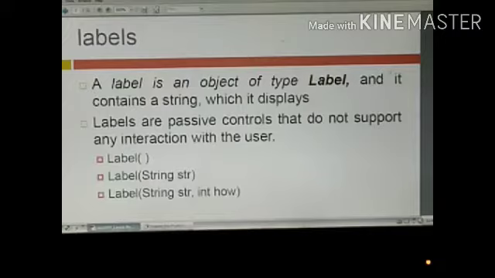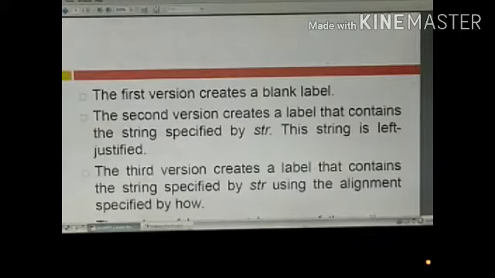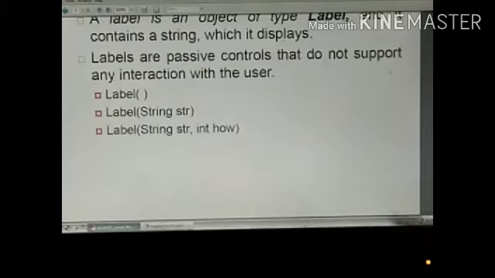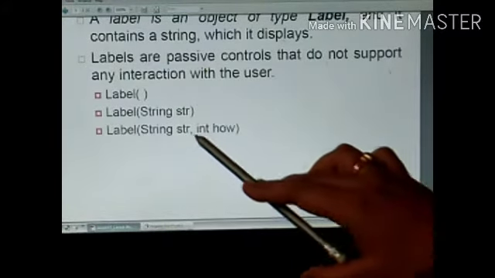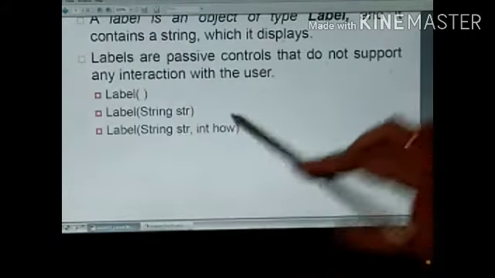So we are not including that here. Let us see one by one. The first version creates a blank label. The second version creates a label that contains a string specified by str. It will be the name of the label or the text of the label which is visible.